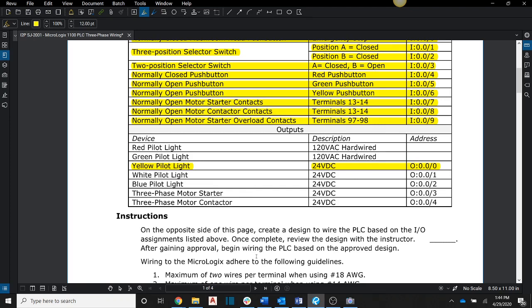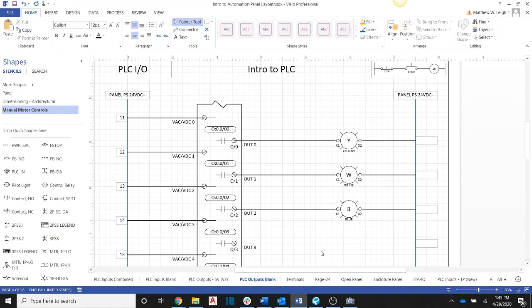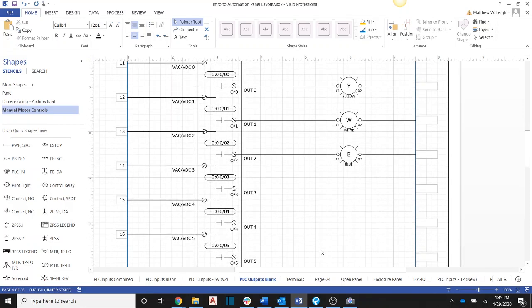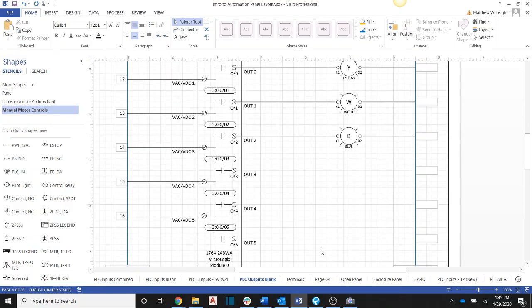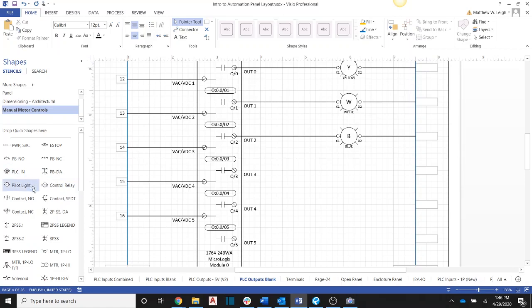And then we can go to our white and blue lights. Okay, so now we have our white and blue lights on there as well. So the only other two outputs we're going to use are for our motor starters. So let's go back over here, and we have our white and our blue lights done. It is for our three-phase motor starter, but we're just going to need two coils for that. So we're going to come back over here, and we're going to pick out our coil,